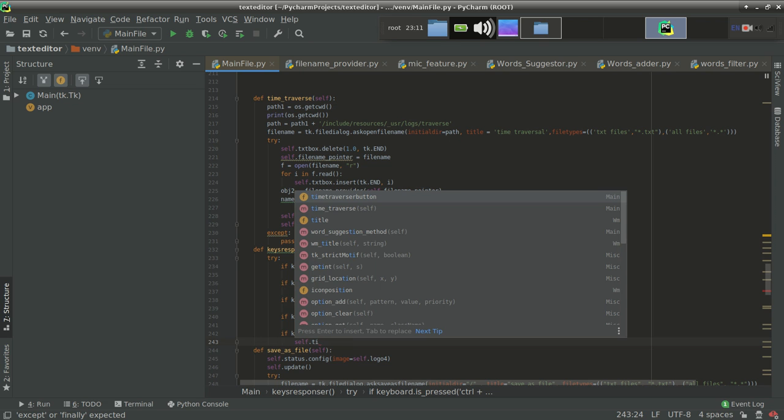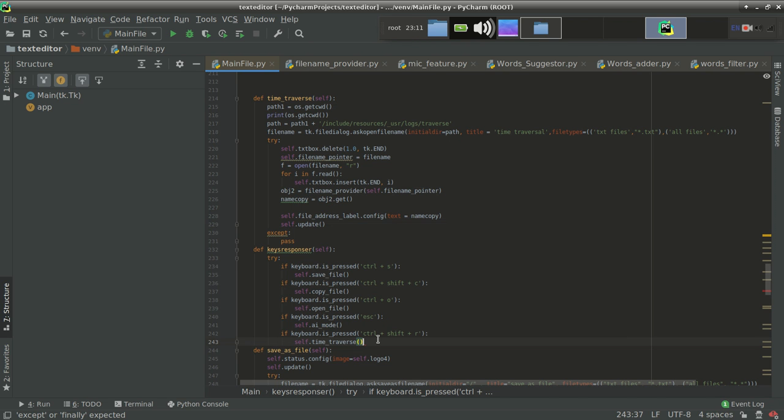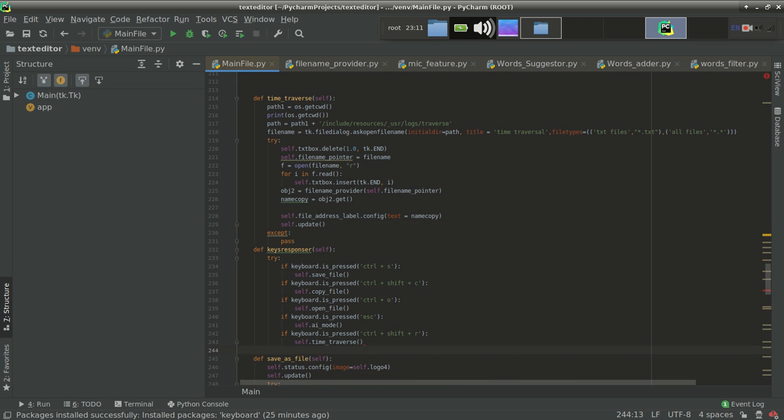Time traversal mode should run. And at last, if user presses control then shift and then N, means new file, then what I want, user will be